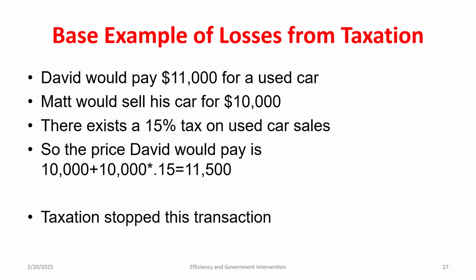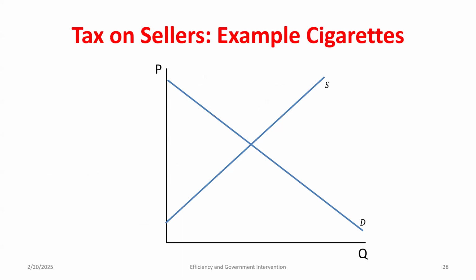This should sound similar to what we were just talking about. Price ceilings, price floors, quotas, they're all going to do what to the quantity? Restrict or reduce it. What are taxes, you think, going to do? Restrict it, right? So it's going to be very similar. We can get similar implications of restrictions of quantity in different markets, but through using taxes. And this is just a very base example of it. So we can think about a different example where I think I did cigarettes here.